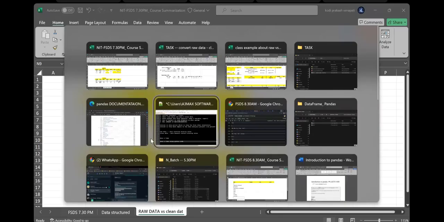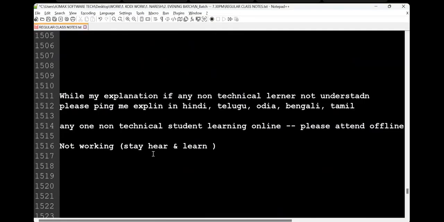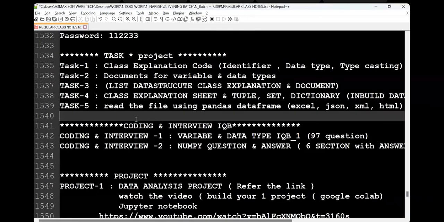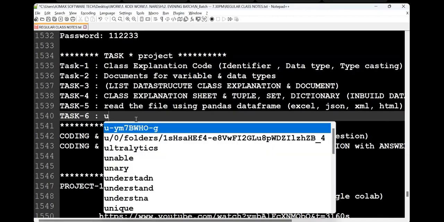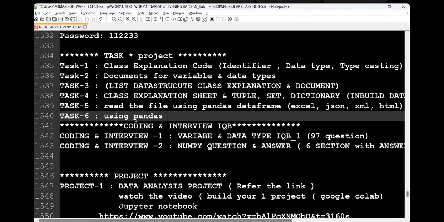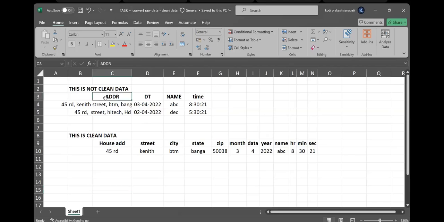Another task I'm saying, task 6, is to convert using pandas or anyway. So we can say clean, or can we call it attribute creation?